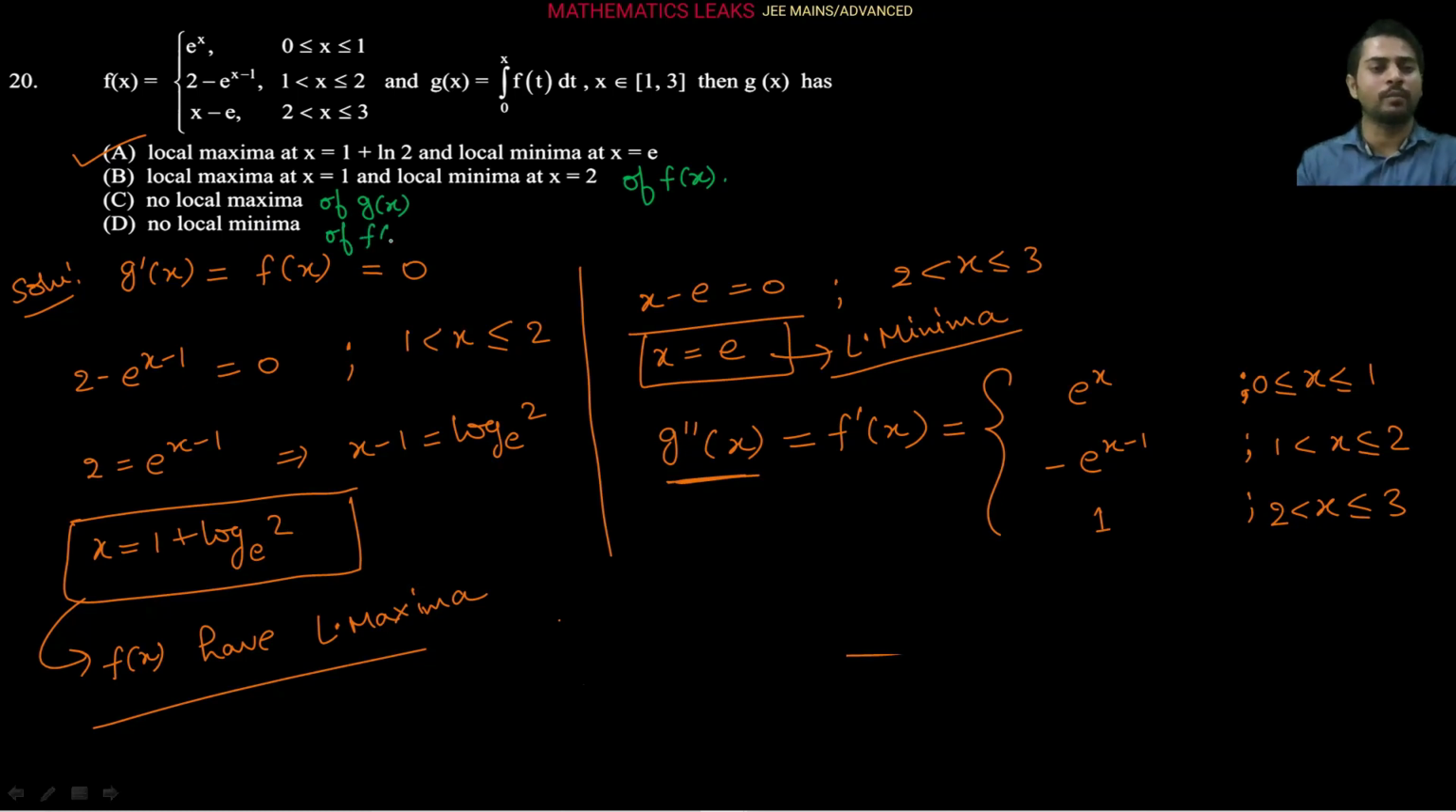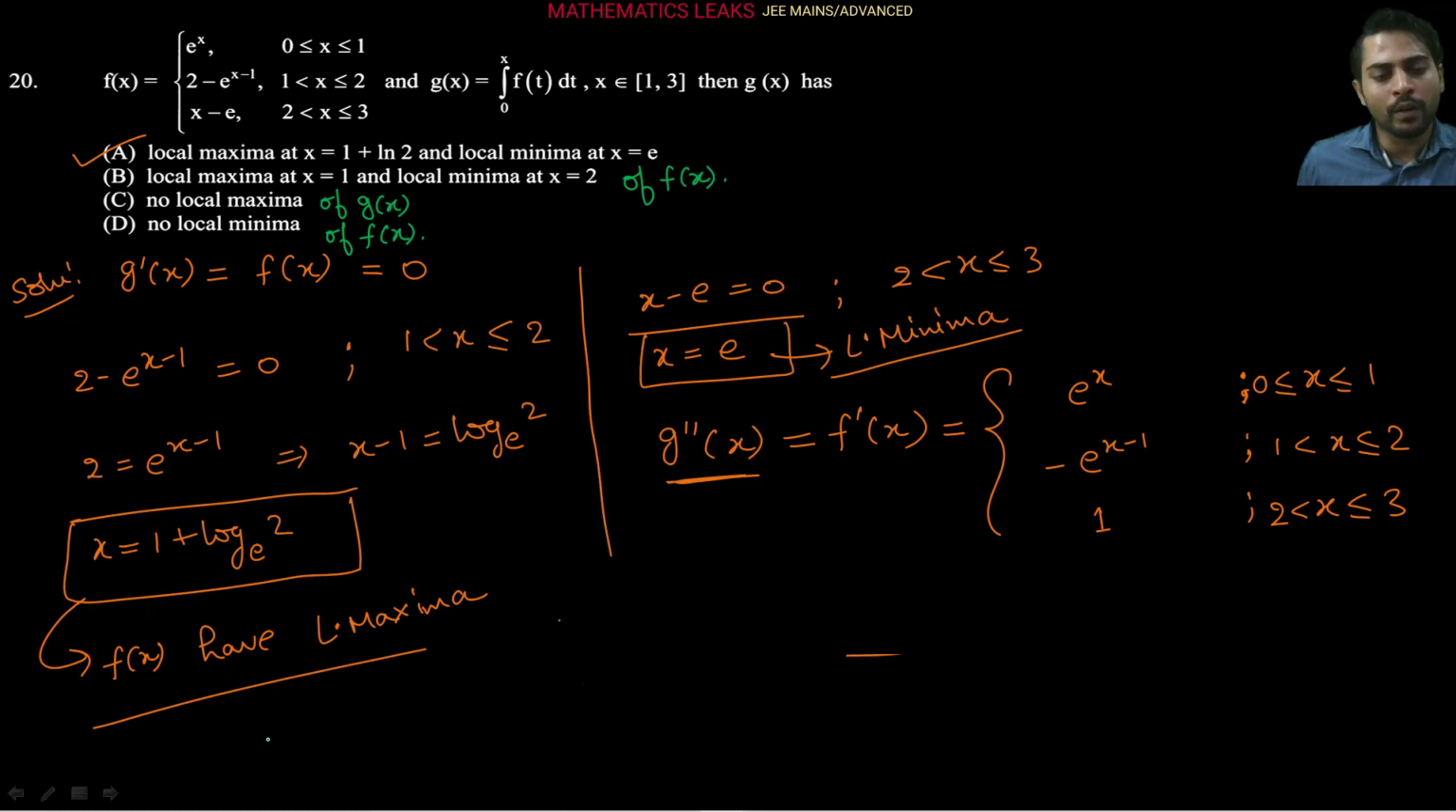So let's discuss the second option. Local maxima at x equals 1 and local minima at x equals 2 of f(x). So they are saying f(x) has a local maxima and a local minima. Let's check it. For the second option, local maxima at x equals 1 and local minima at x equals 2. Now you can see